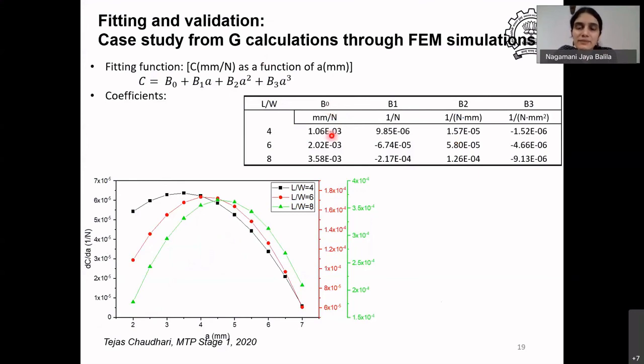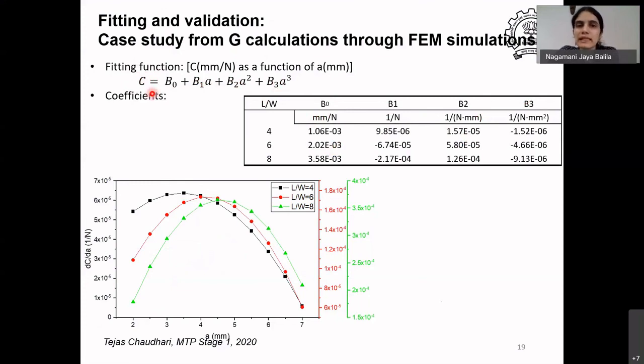And the other thing is reporting the accuracy. You should not be reporting beyond the accuracy of your measurements itself. So the coefficients cannot have an accuracy which is better than the data that is being measured. Also, there are units for each of these coefficients. So the compliance has B0, B1, B2 and B3, which is obtained by a cubic fit.